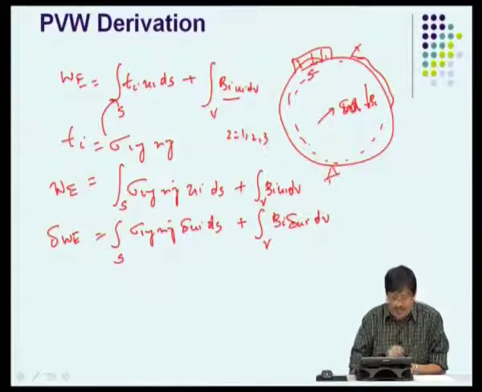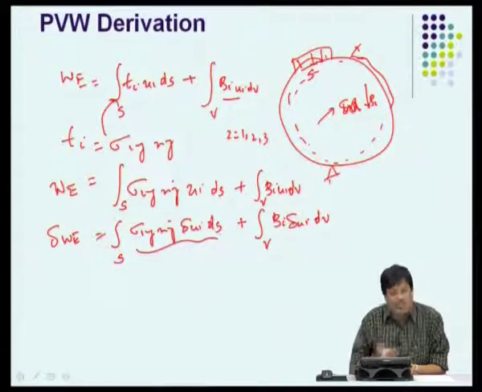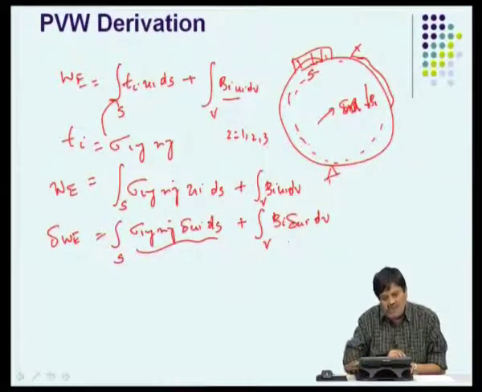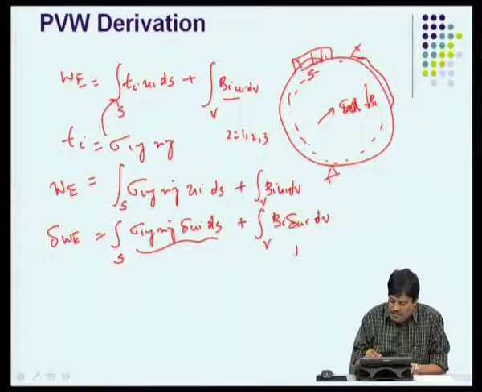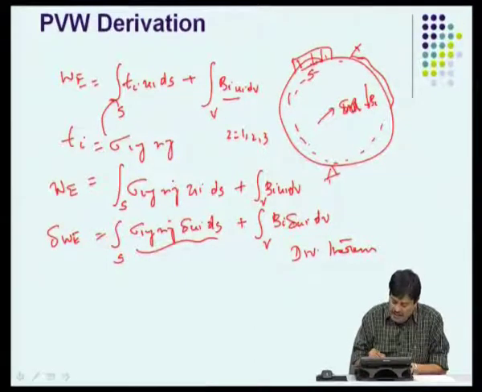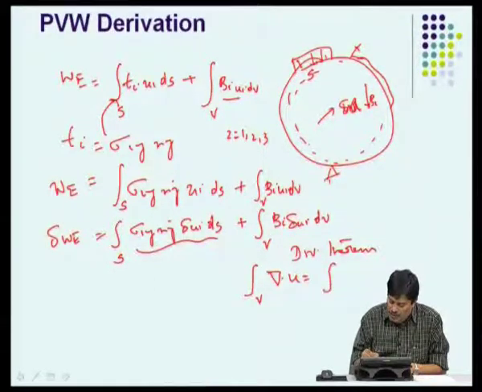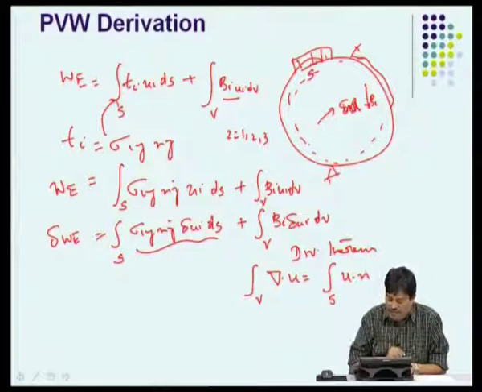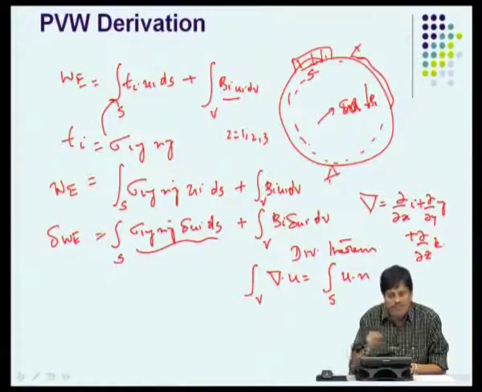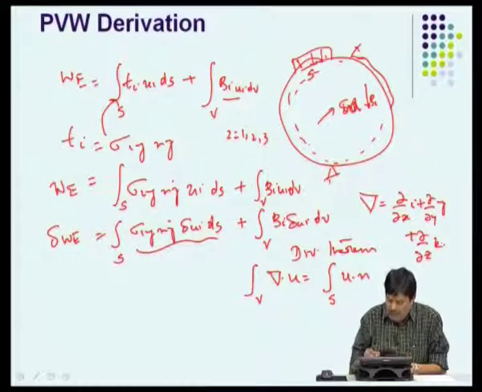Now, if you want to proceed further, this is a surface integral that needs to be transferred into a volume integral, or this volume integral has to be transferred into a surface integral, where now we use the divergence theorem, which is a most important theorem in vector calculus, which says that the integral over the volume of del dot u is equal to u dot n over the surface, where your del is nothing but the gradient vector d by dx of i plus d by dy of j plus d by dz of k, where ijk are the unit vectors. Now, we use this theorem.